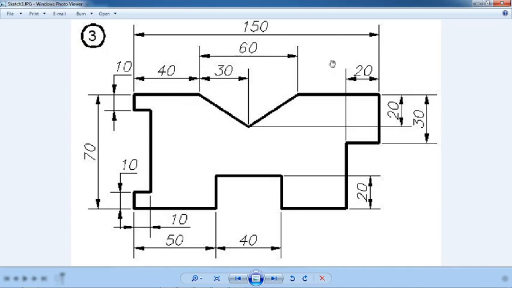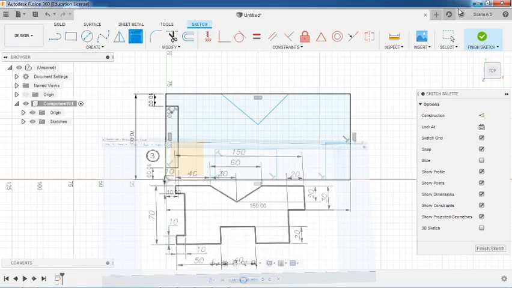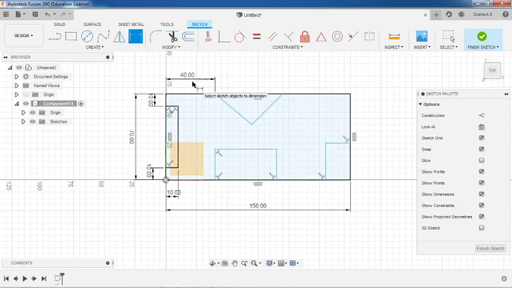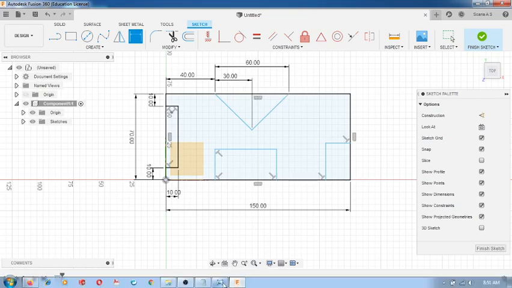So here 40, 60 and 30. So from here to here it is 40, and this distance is 60, and again from here to here it is 30, then